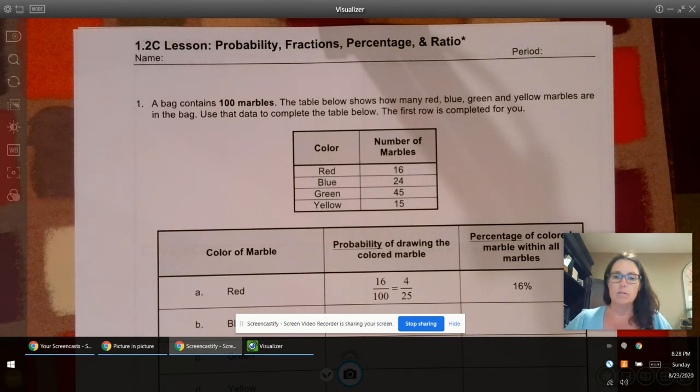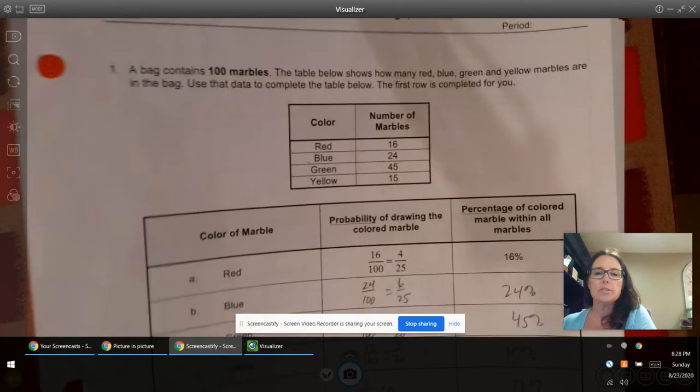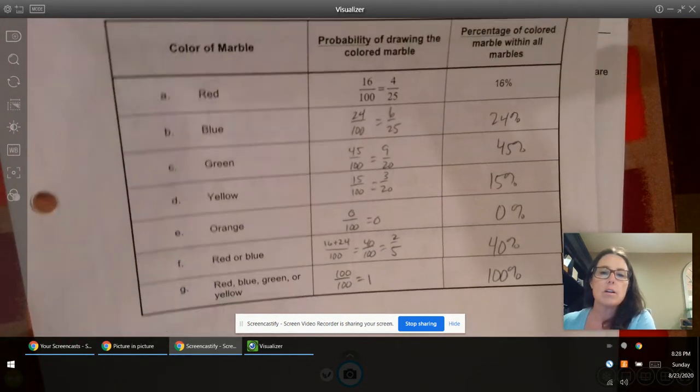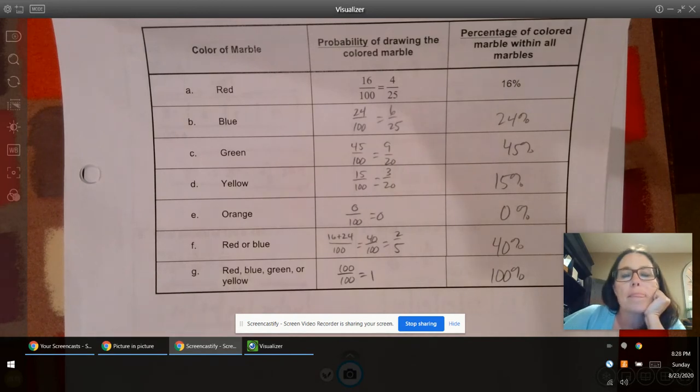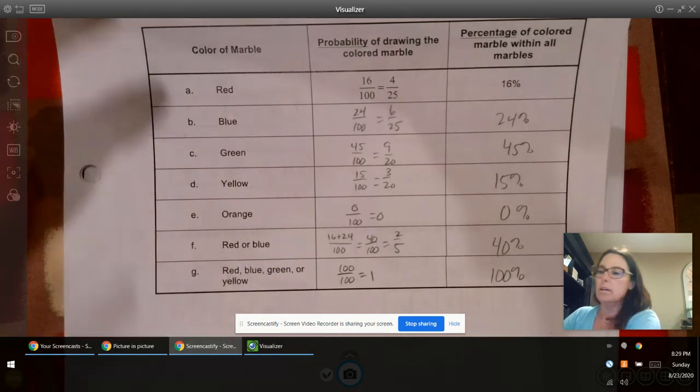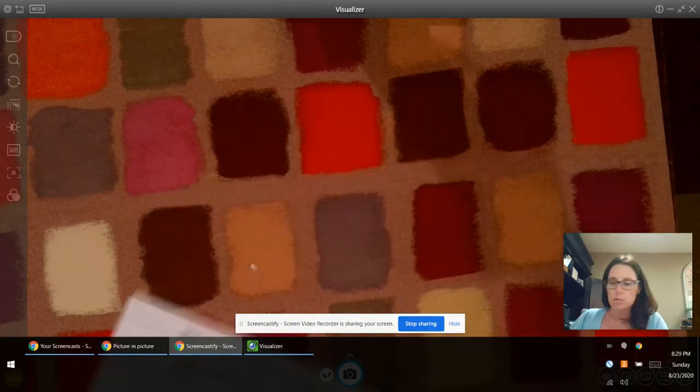All right, so go ahead and check your answers here. And again, you're marking up your paper so that when we discuss this lesson, if there were any questions, we can go over those together, okay? Make sure you're leaving yourself notes so you remember what to ask in a couple days, okay? All right, so that should have been a review. We're going to go ahead and go on to